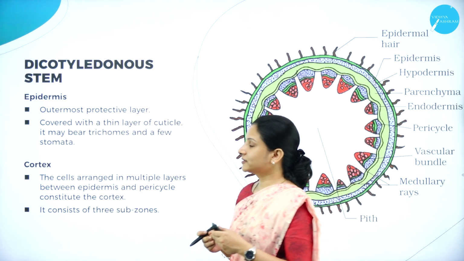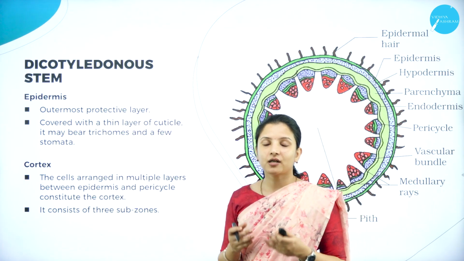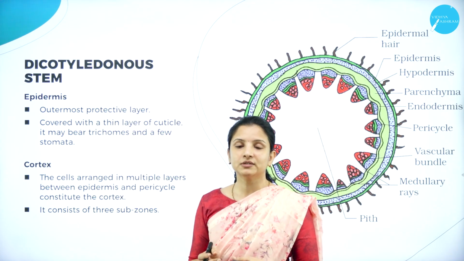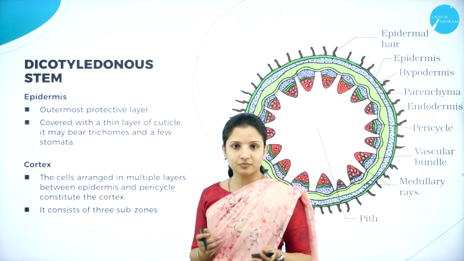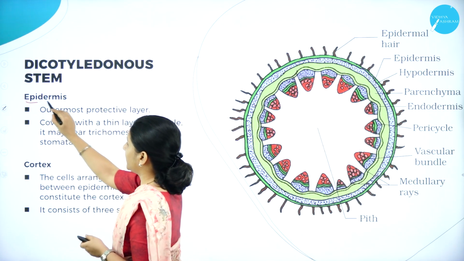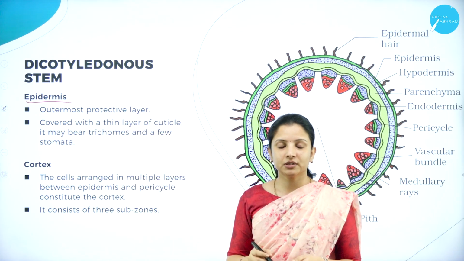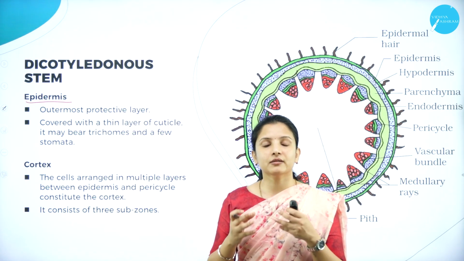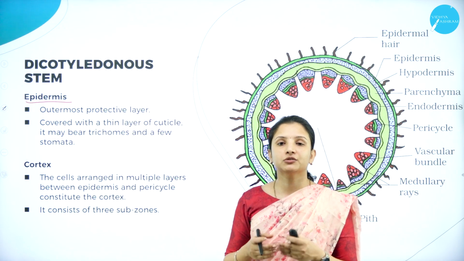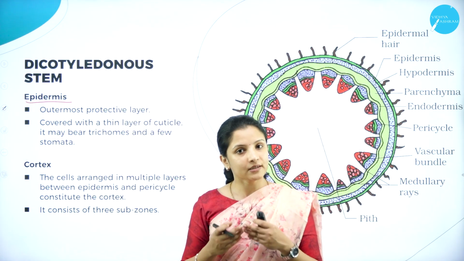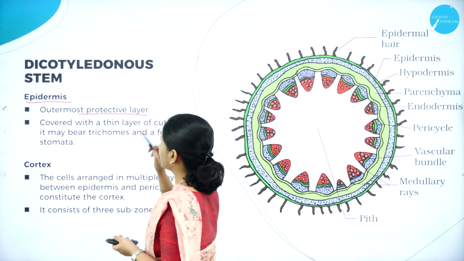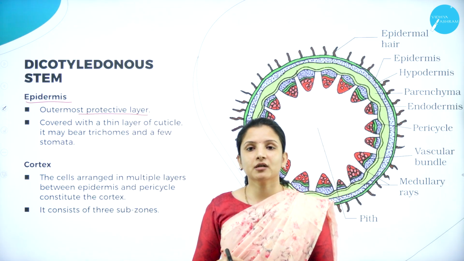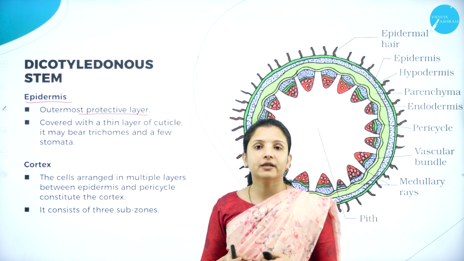The dicotyledonous stem, just like how the root is covered by a layer called the epiblemma or the epidermis, is also covered by an epidermis. The epidermis forms the outermost layer of the plant cells, and its main function is to give protection to the plant stem. It is the outermost protective layer, and apart from that, unlike the root, the epidermis is covered by a layer called the cuticle.